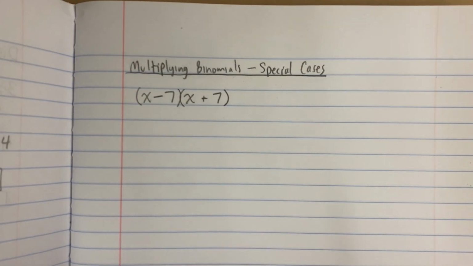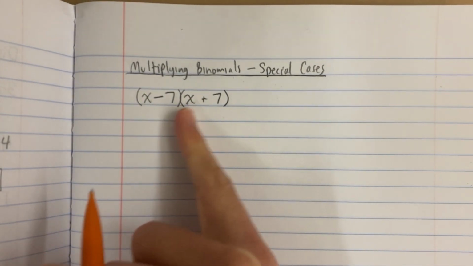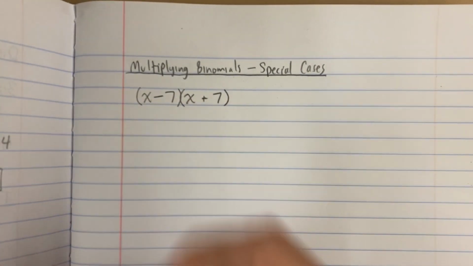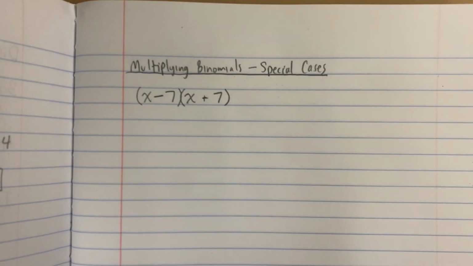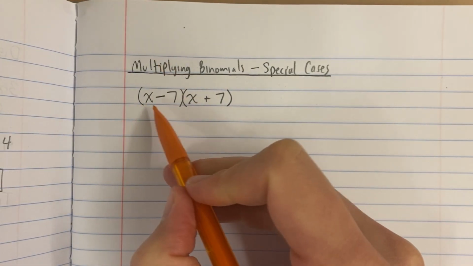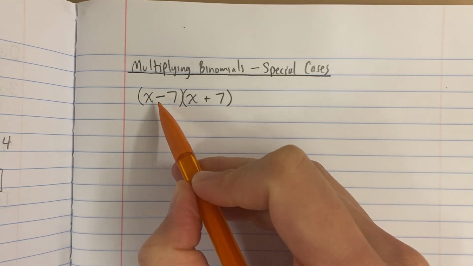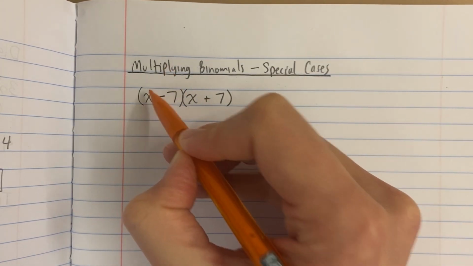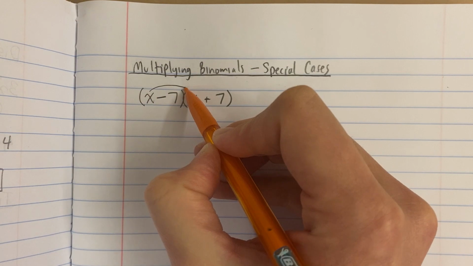I want you to observe, this term and this term are the same. This term and this term are the same, but they have different signs, okay? So let's see what happens in this particular case where we have two binomials that are pretty similar and the only difference is the sign. So we follow our same pattern, right? So we're going to go here,